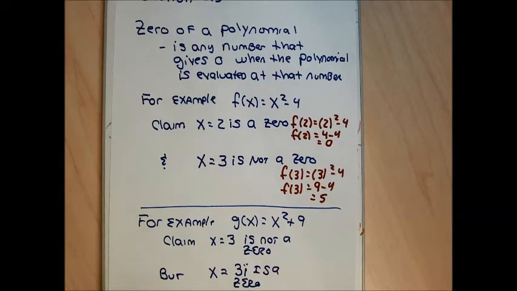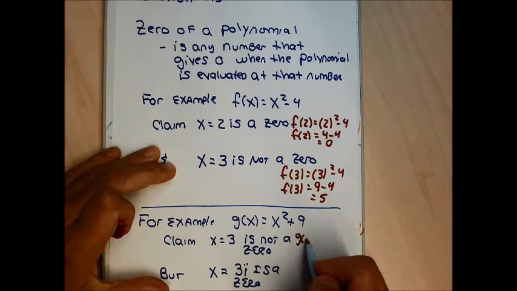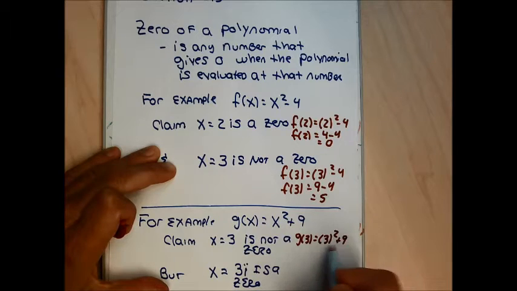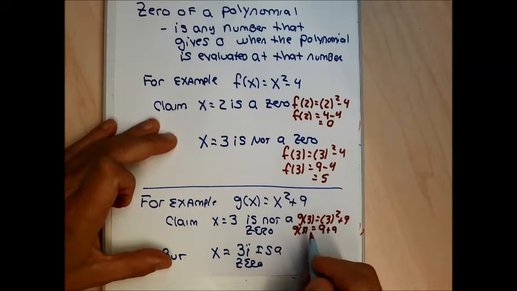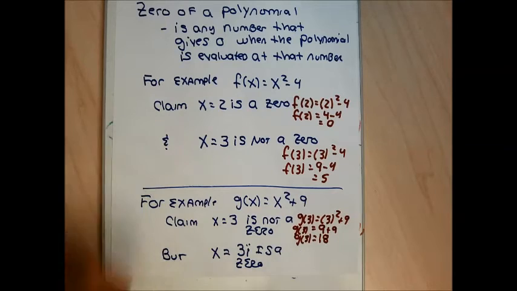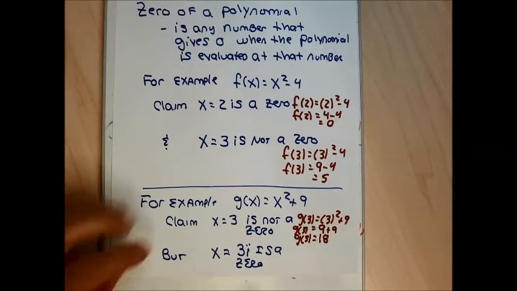X equals 3 is not a zero because when I plug it in, I would go g of 3 equals 3 squared plus 9, and that gives me g of 3 equals 9 plus 9, which is 18. So x equal to 3 is not a zero, but x equal to 3i is a zero, because if I